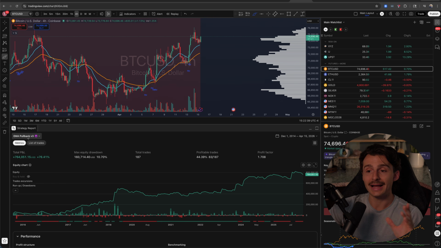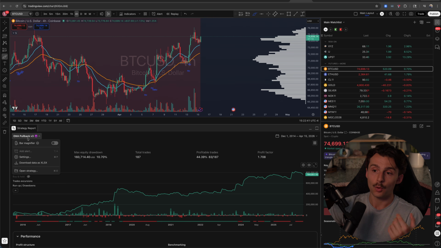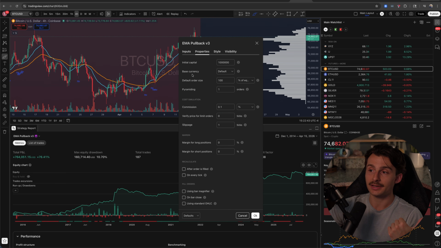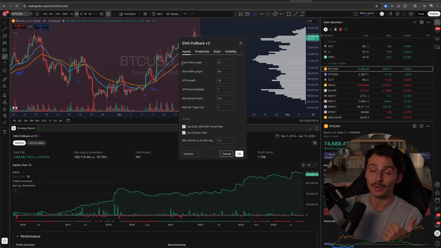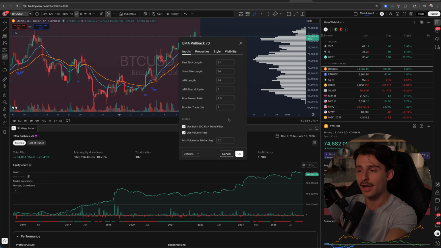And to be honest with you, I haven't even gotten into the settings. When I dive into the strategy, I go into the settings, I now have so much to customize in terms of properties, how I'm calculating the trades, what my inputs are, so I can change the moving average lengths, I can change the ATR lengths, I can use different filters, turn things off, turn things on, and then go back and forth and tell Claude, okay, I turned this off, I turned this on, I changed this to this.